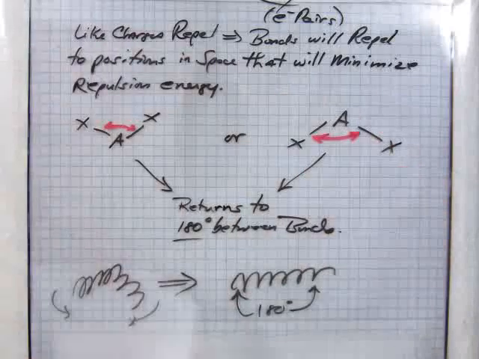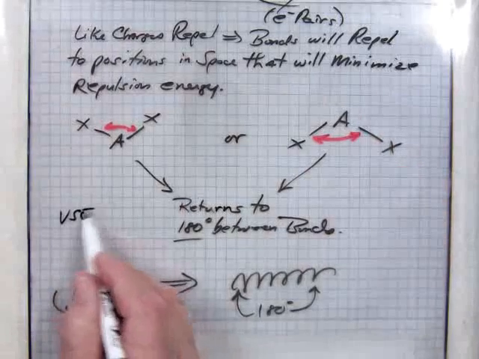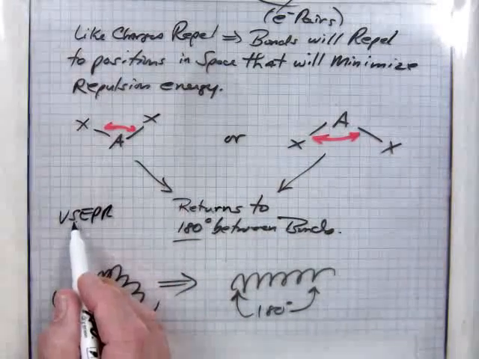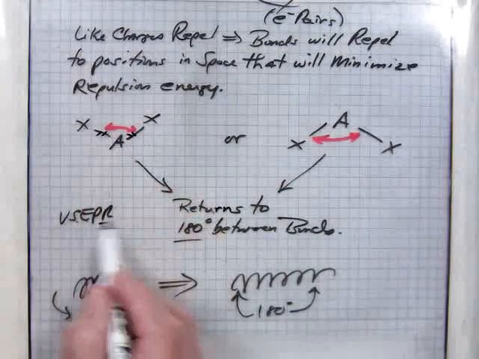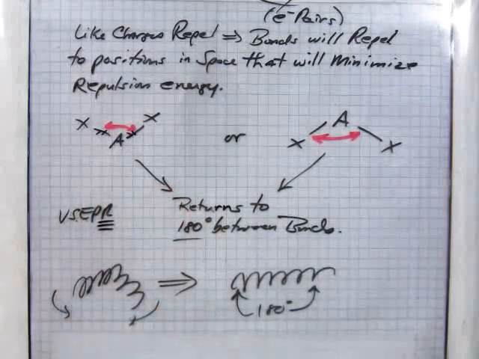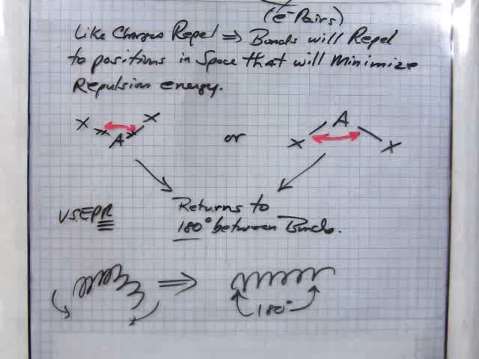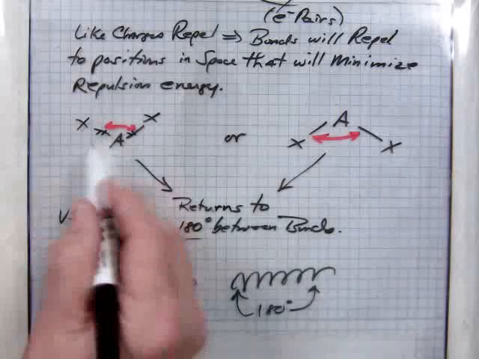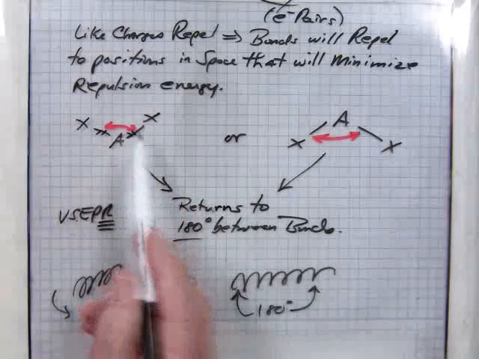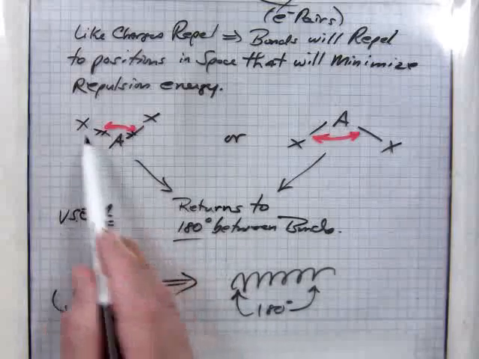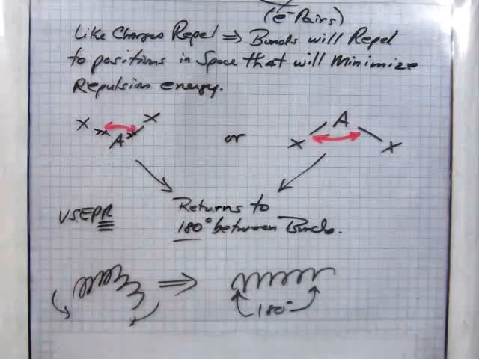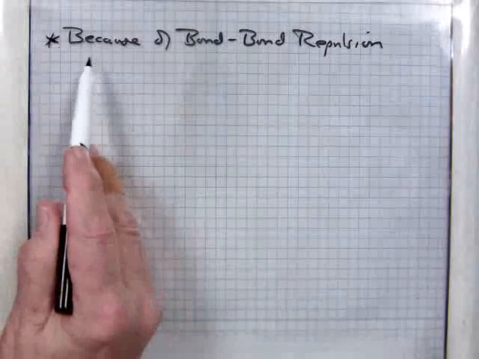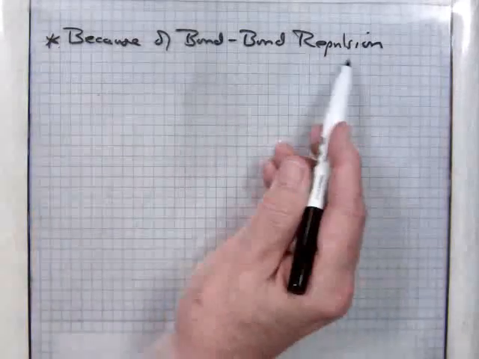That's why it's called the VSEPR. Valence shells, electron pairs, repulsion. So the repulsion is pushing it into the structure that it would be most stable in. And so you won't find a structure like this if all you have is bonds on either side of a central element. Okay. Because of the bond-bond repulsion,